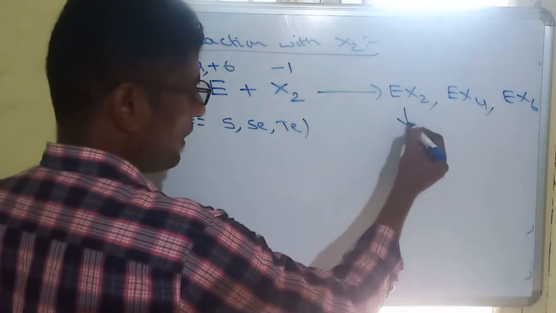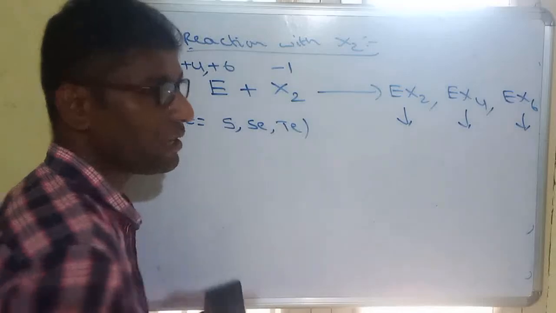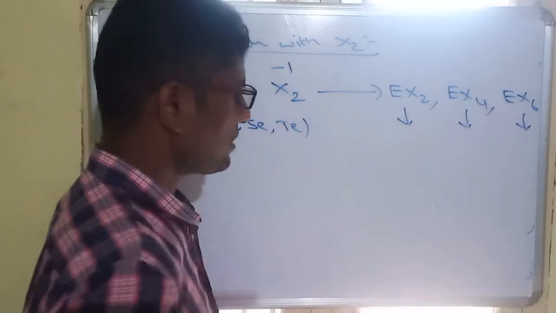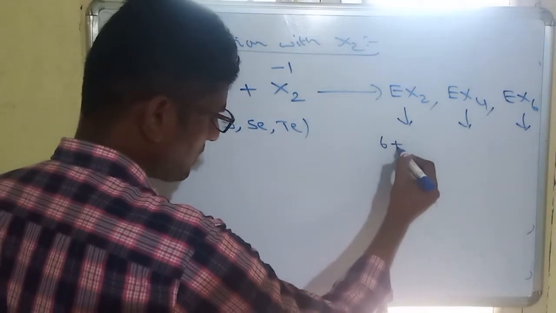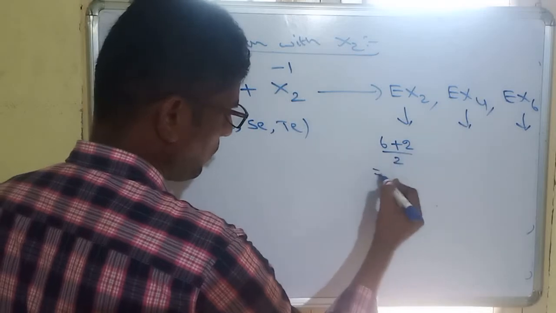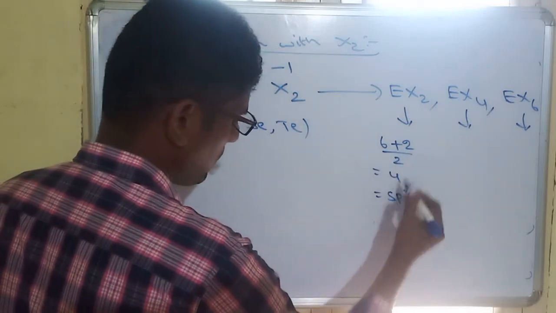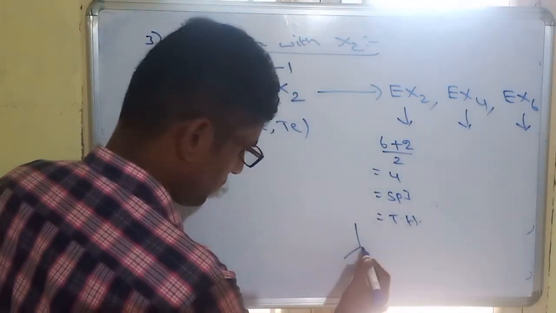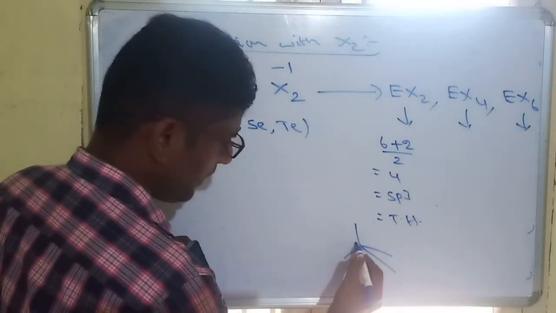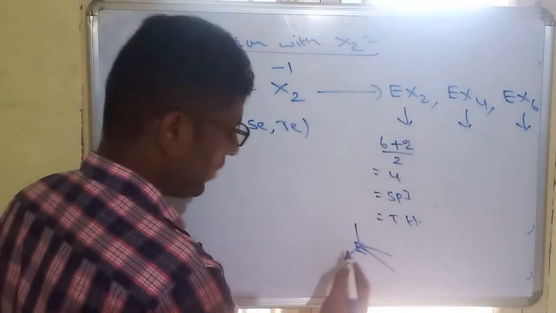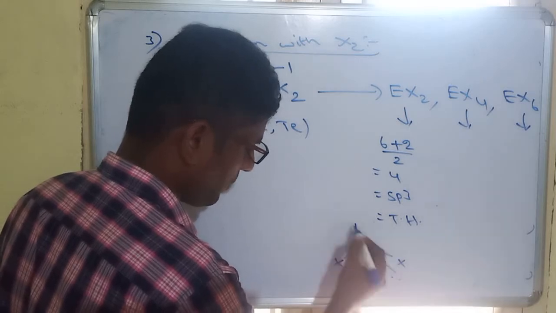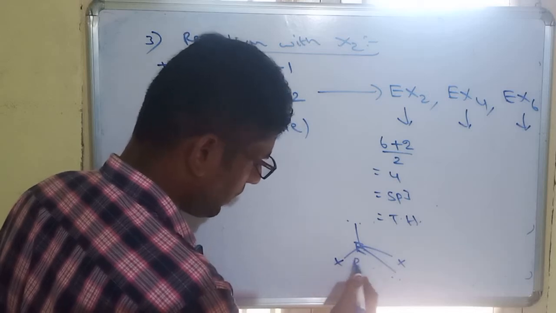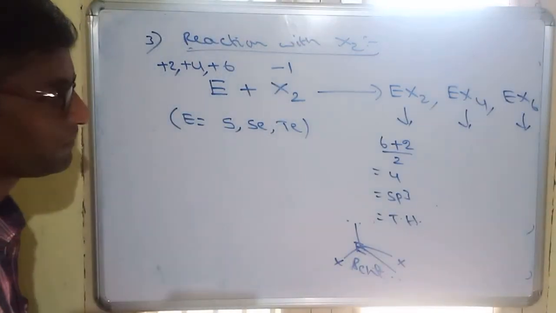So when we are writing the hybridizations, try this. What are the hybridizations of these di, tetra and hexahalides? For dihalides, the central atom will be 6, monovalent atoms will be 2, so 8 by 2, 4, which means sp3. The geometry will be tetrahedral. Central atom will be E and halogens are 2, so the remaining 2 are lone pairs. So the shape will be bent. All dihalides are bent molecules.